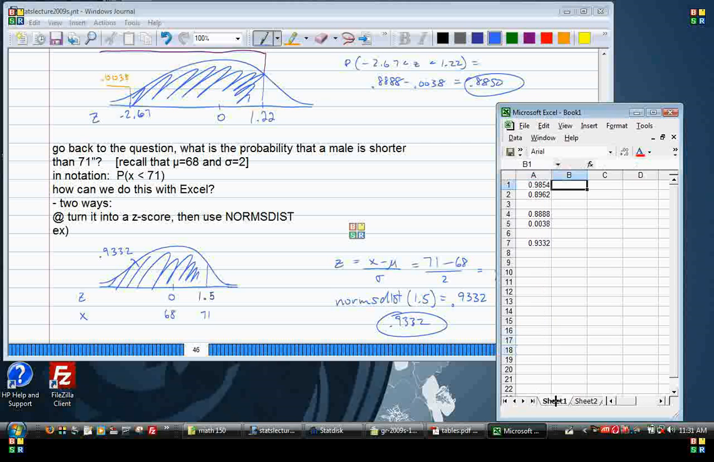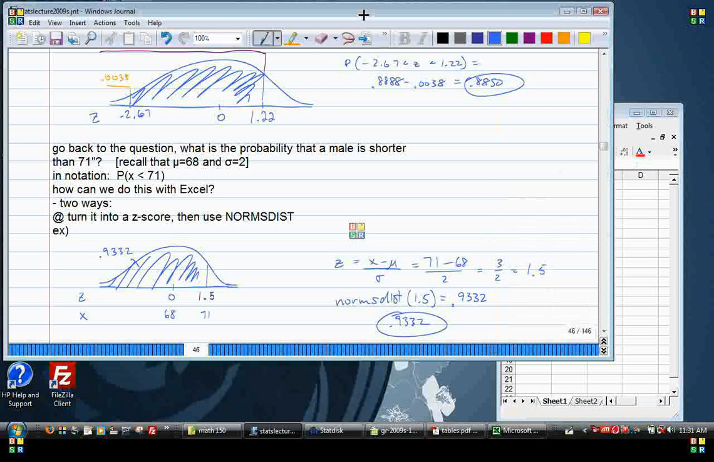Okay. So now returning to our regularly scheduled topics. All right. First thing I want to show you is another way to do what we've done: given a z-score, find a probability. We know how to do that with Excel. Now I'll show you how to do that using